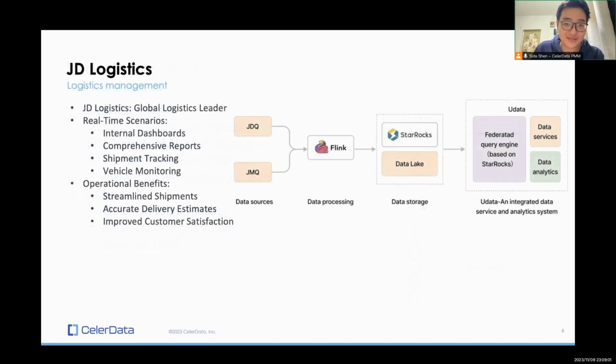And then there's a logistics company, right? JD Logistics, and this is one of the biggest logistics platforms in the world, right? In terms of the number of shipments per day, right? It's a really big logistics corporation. They have hundreds of thousands of delivery drivers on the road every day, right? And they have this internal